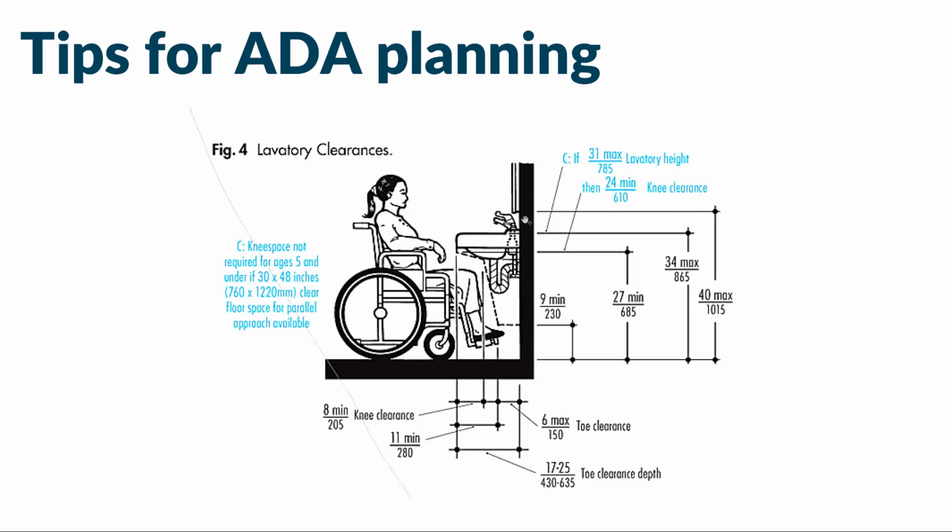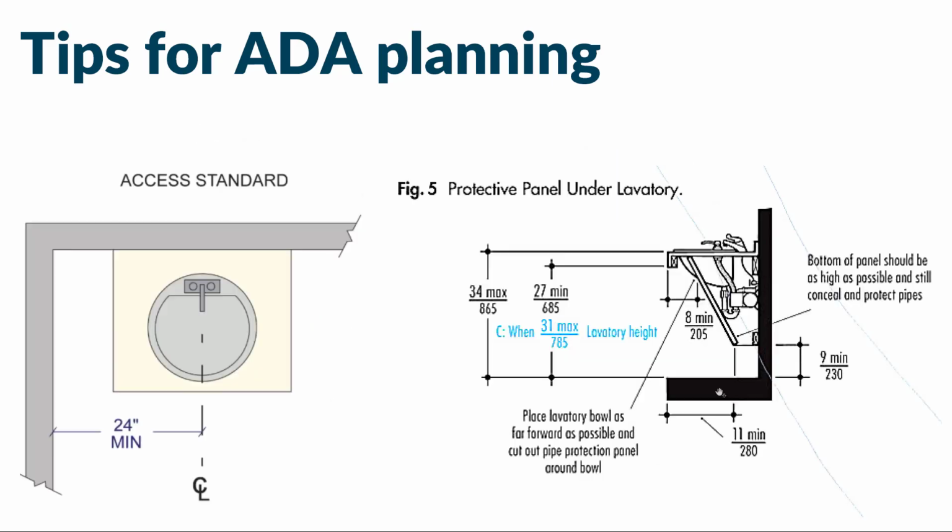And you can see in this drawing how challenging that could become when you're picking out and installing faucets with your sink, because that can get very close. So your faucet choice and sink mounting location become really critical. Again, looking at a few more standards, we're seeing the sink here at a 24-inch minimum on center from the wall. And then looking again at a section cut through a sink,